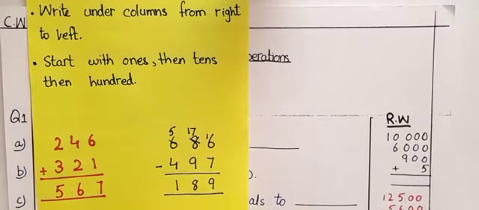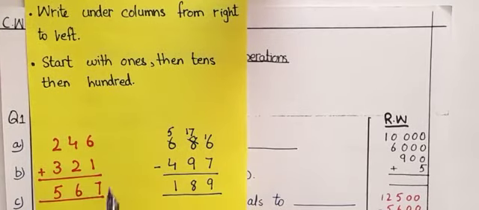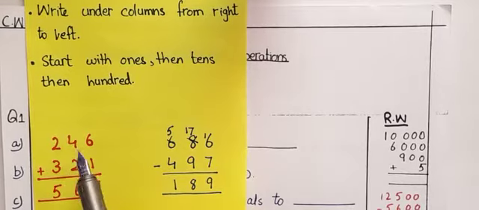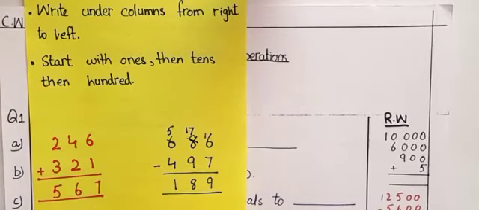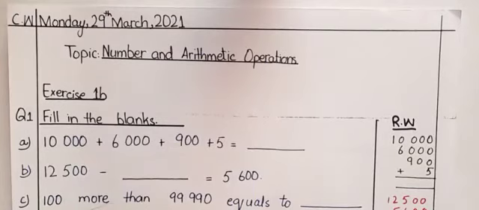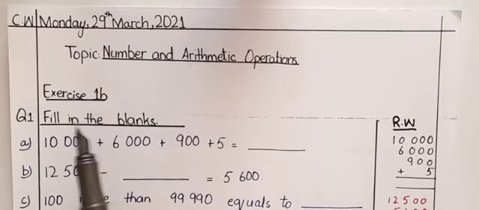Now you can see when we give spaces and write in columns, meaning digit under digit, there is no problem in doing addition and subtraction of bigger values. It is the same as the addition and subtraction of smaller numbers. So always remember, give spaces so our work looks good, and write in columns. Let's move toward our exercise. Now you can see, boys, you have to open your book.